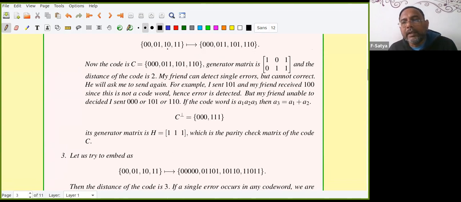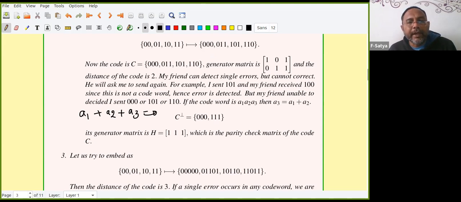You can see here that A3 is equal to A1 plus A2. So in all of these, A3 equals A1 plus A2, correct? So A3 plus A3 equals A1 plus A2. But in binary there is no problem with plus or minus, so I can write it as A1 plus A2 plus A3 equals 0. You can check that all of them satisfy this equation, correct?